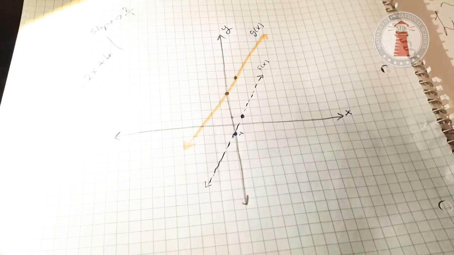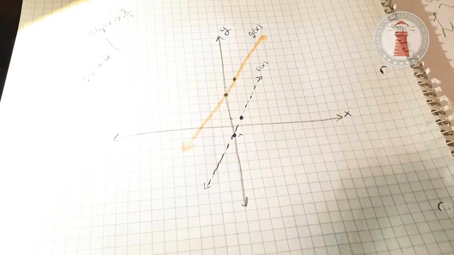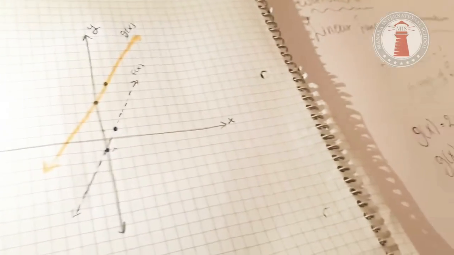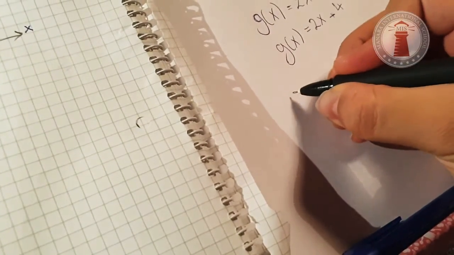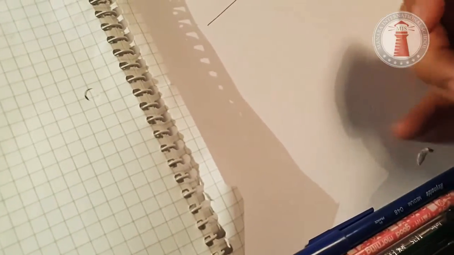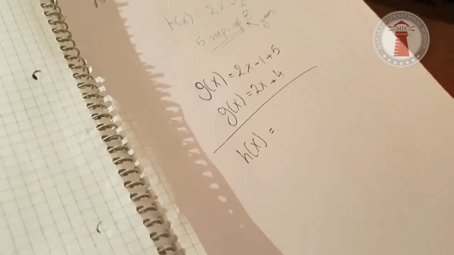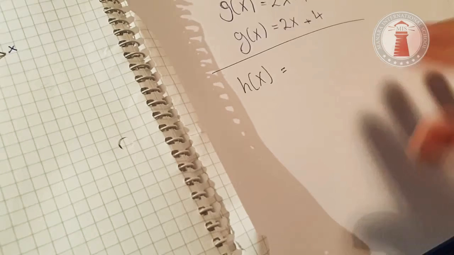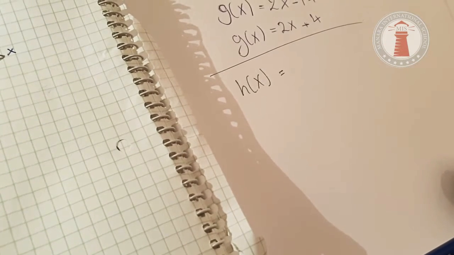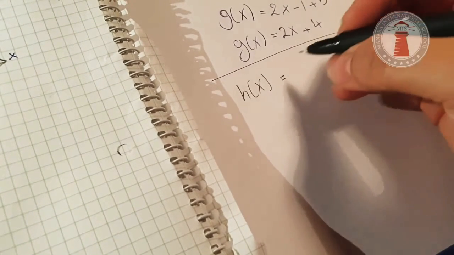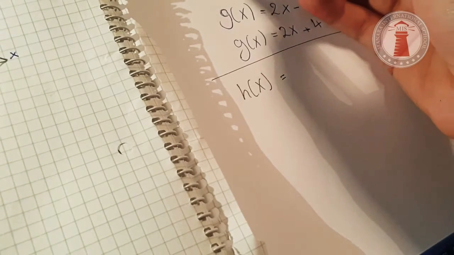We already showed how g of x looks. Let's call the new equation h of x. Now, h of x represents how this function is translated 5 steps to the left, which means instead of having just f of x, we'll be translating